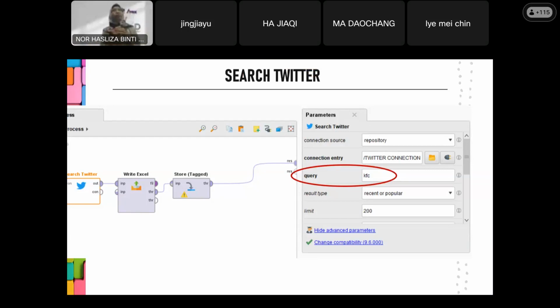Right now, Twitter has a new regulation to get access to the Twitter content. That's why I share with you the new regulation from the Twitter developer website. So if you want to extract data, we have to pay.